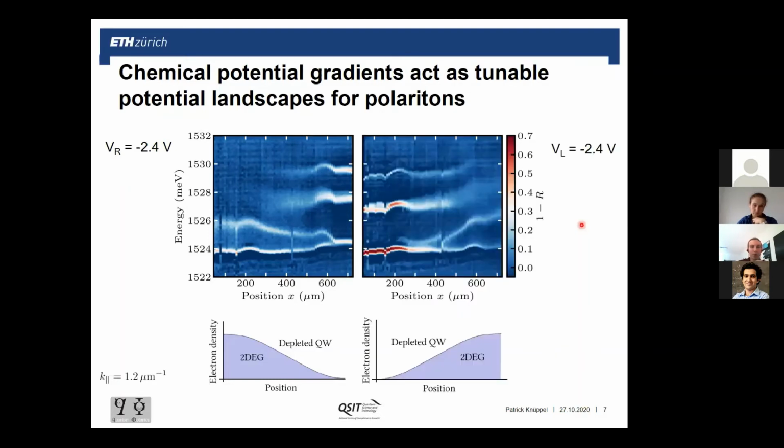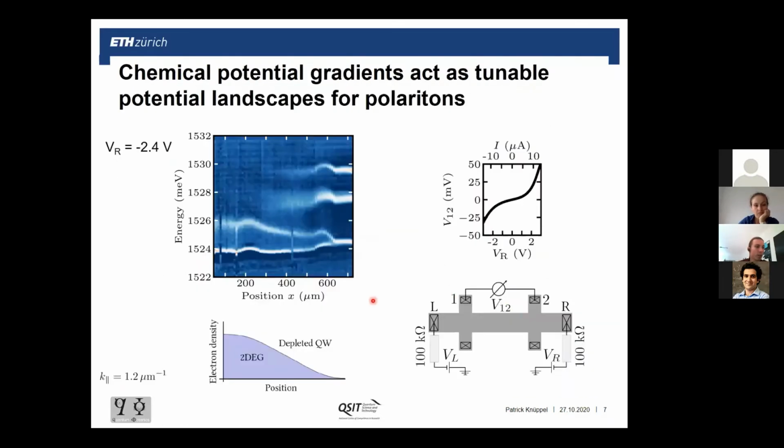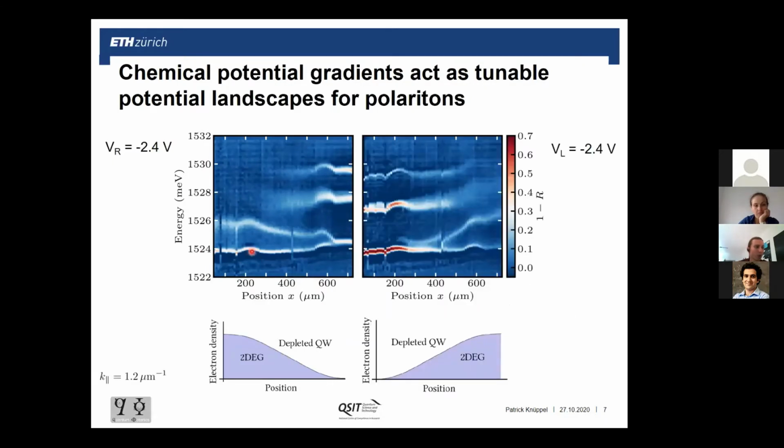Then if we flip around the voltage, we will flip around the density gradient, and it's actually very smooth across the whole device, except there are these two bulges that you might notice, which happen to be due to strain. So they are exactly where the contacts are made. So they are also there in the absence of applying an electric field.